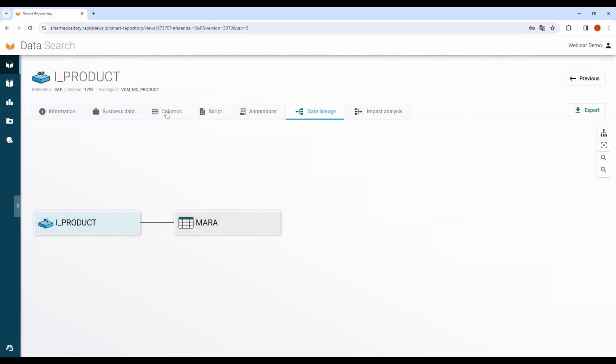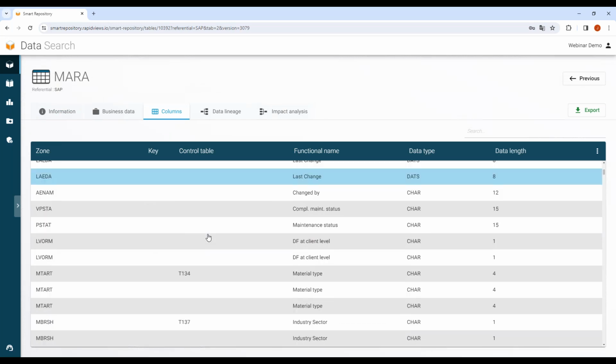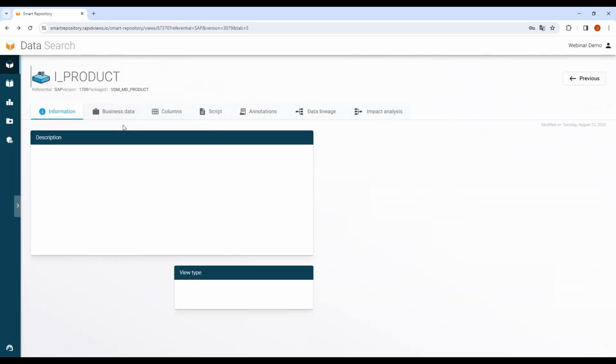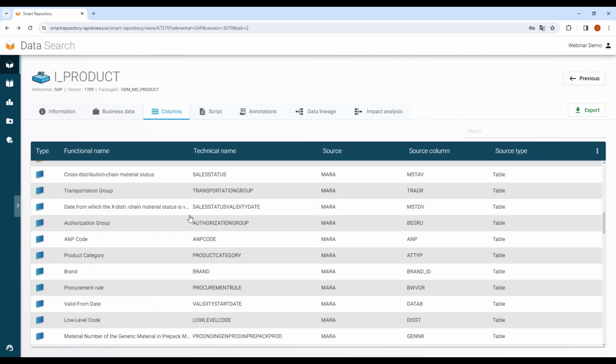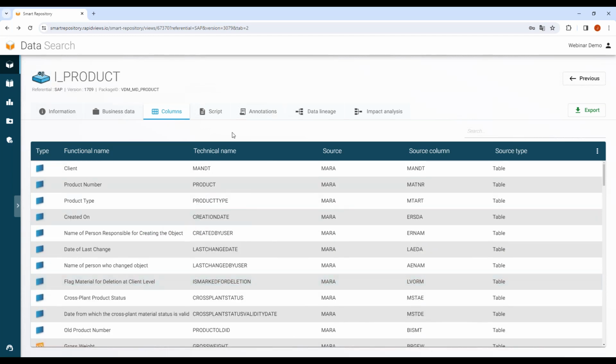If I open the MARA table, I have approximately 300 columns, but in my view E-Product, if I go back to the columns, I have approximately 100 columns. I can see with this tool that not all the fields of MARA are available in the E-Product view. If a field is missing, I need to customize or reproduce the E-Product view to add the field.